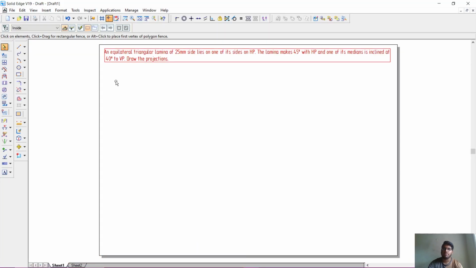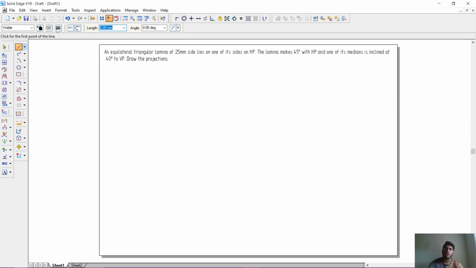Here is an example. An equilateral triangular lamina of 25 mm side lies on one of its sides on HP. The lamina makes 45 degrees with HP and one of its medians is inclined at 40 degrees to VP. Draw the projections. We should take an XY line of width 0.35 mm